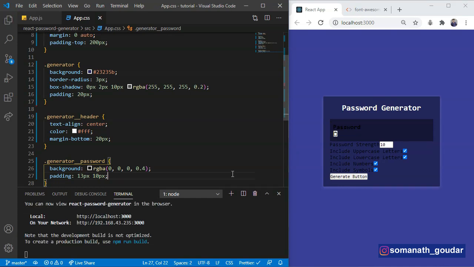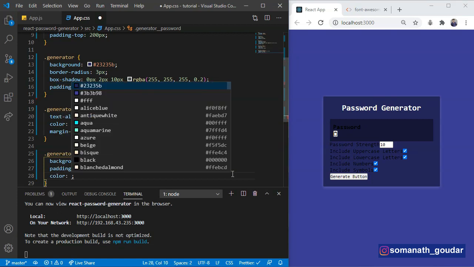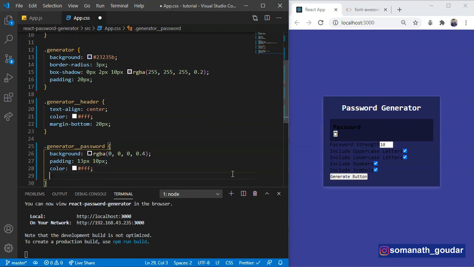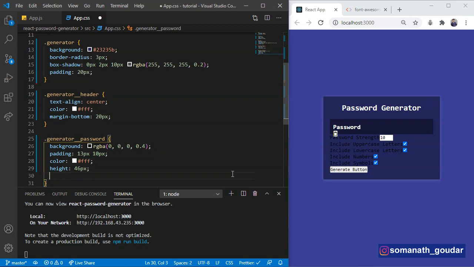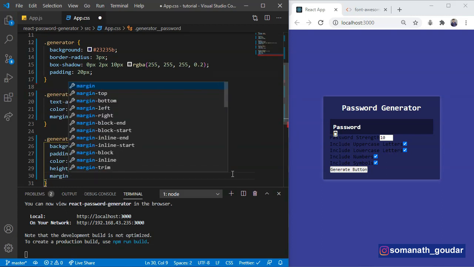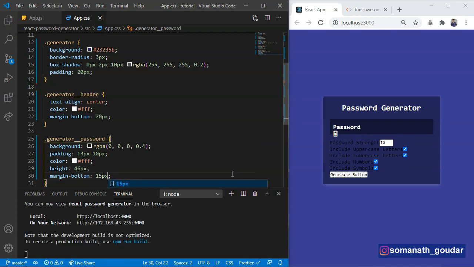And also we are going to give a color of white, and we are also going to set the height to 46 pixels. Let's save that and see. Yeah, and we are also going to give a margin bottom of 15 pixels.